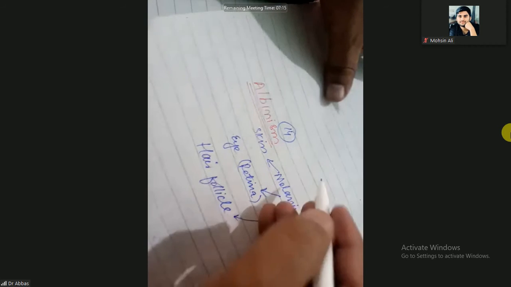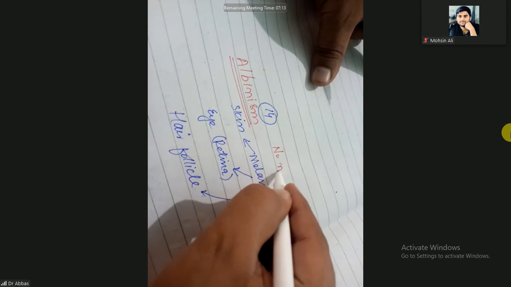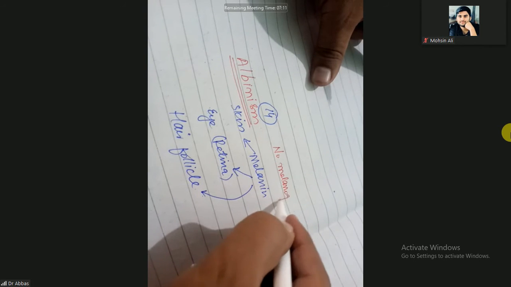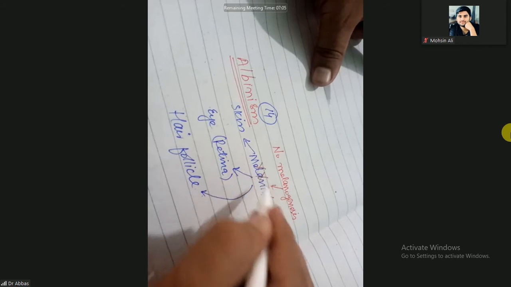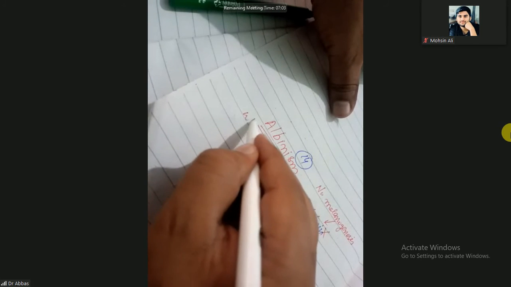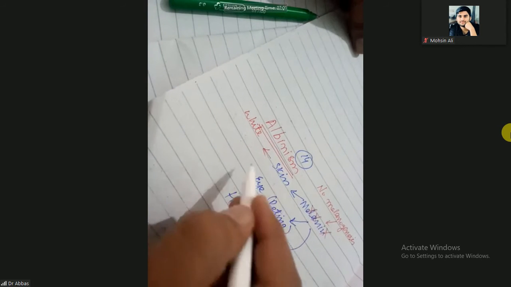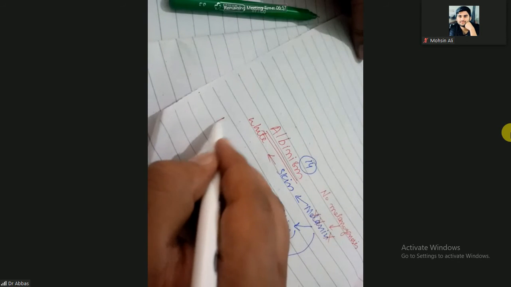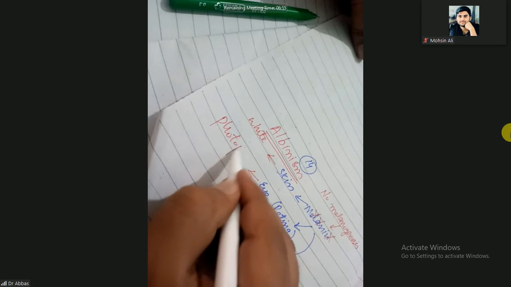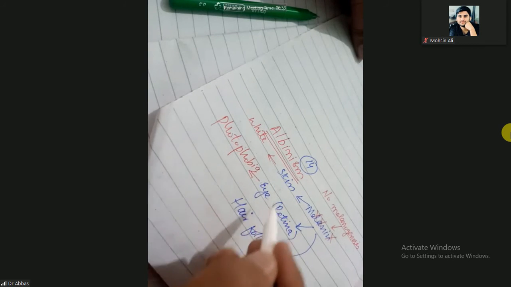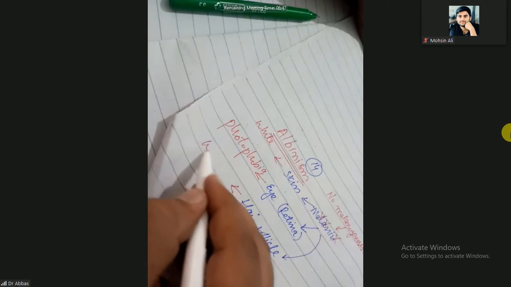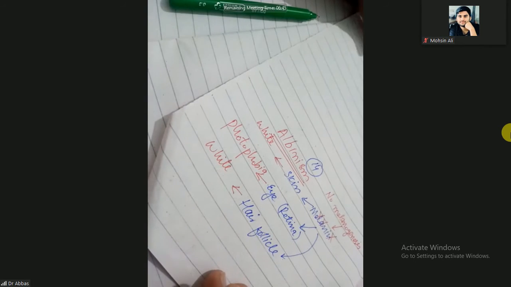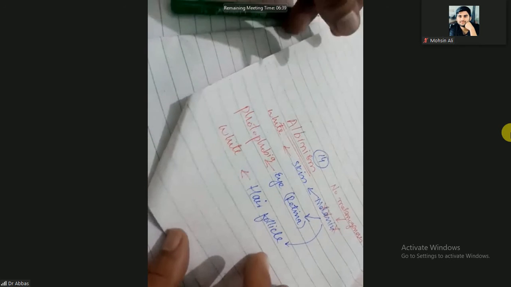So when there is no melanogenesis, no melanin, the skin will be white, no pigment of the skin. Retina will have photophobia. When the person goes into light, they feel phobic. Hair will be white. No color of the skin, no color of the hair, and photophobia. So these are the features of albinism.